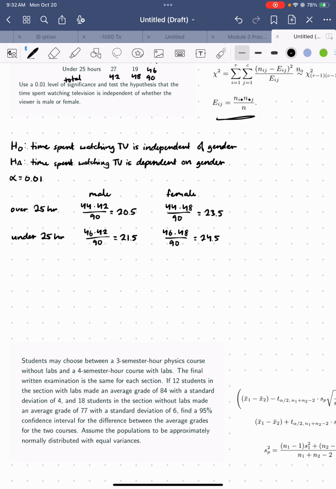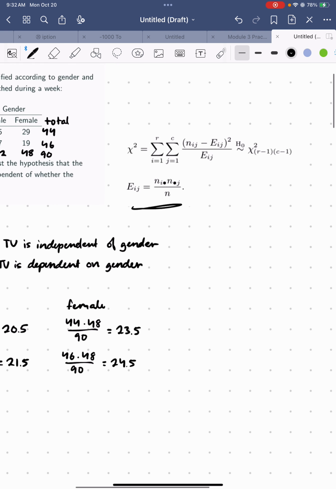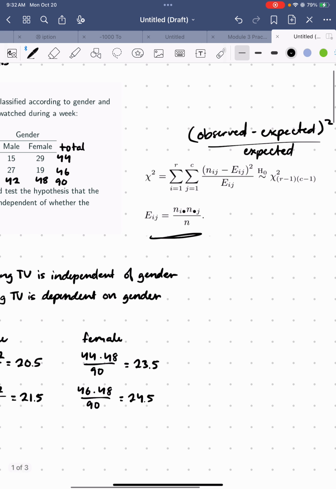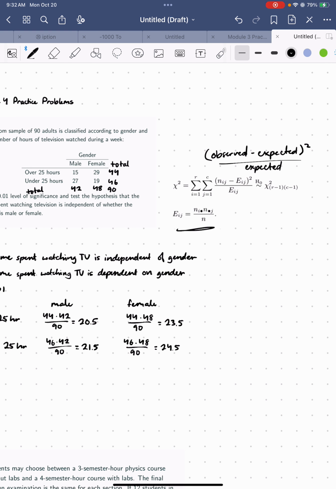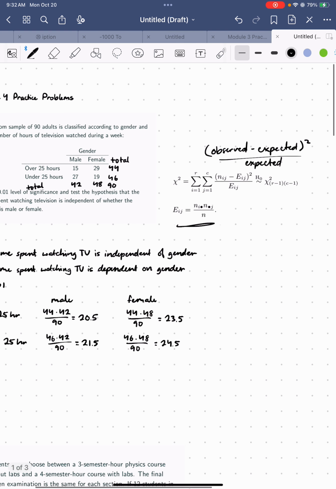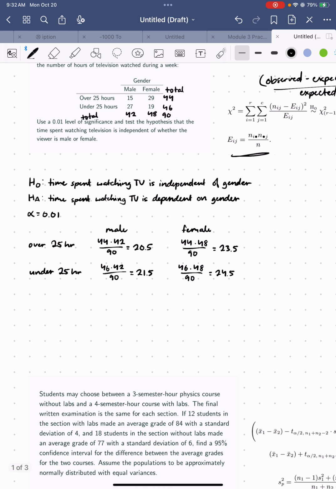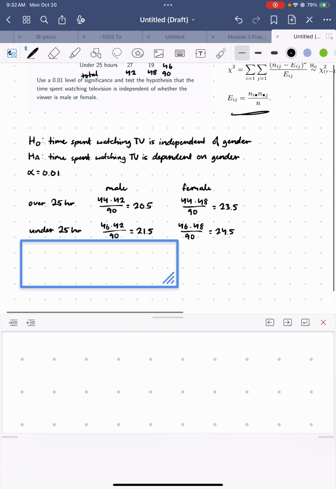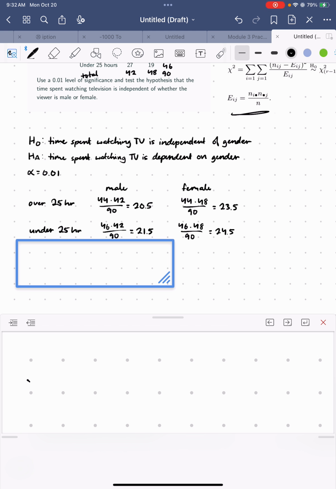And now we can calculate our chi-square value. So we have our formula over here. So this is basically observed minus expected, and this is squared divided by our expected. So now we can use that formula to find our chi-square value. So we can write that out. So our chi-square value will be,